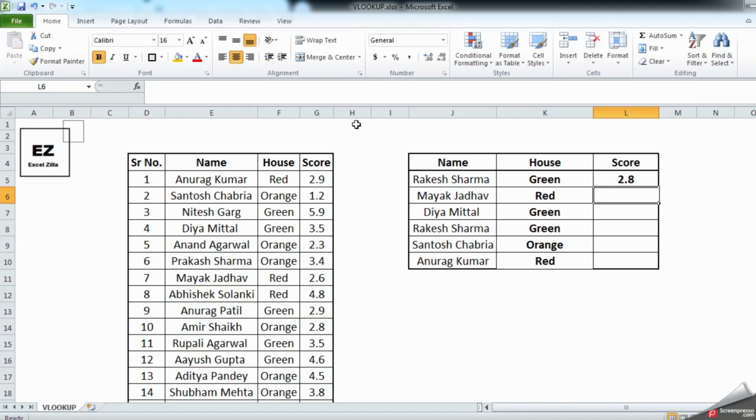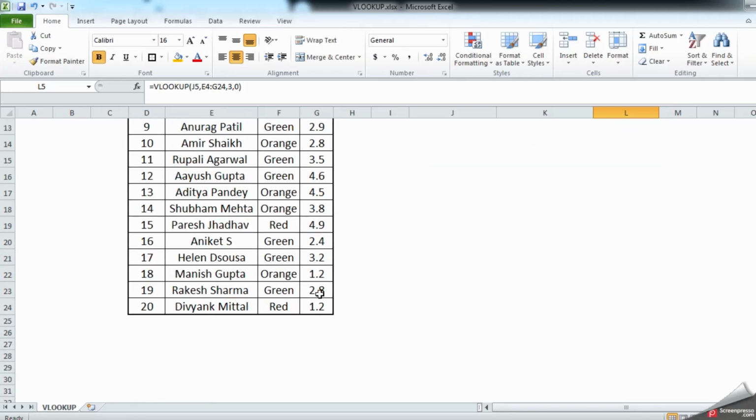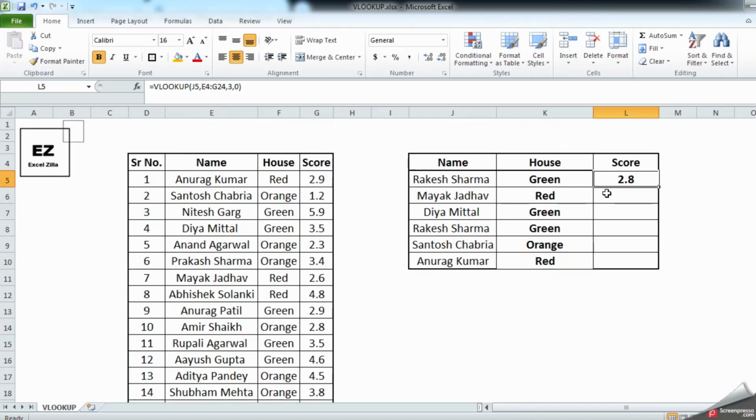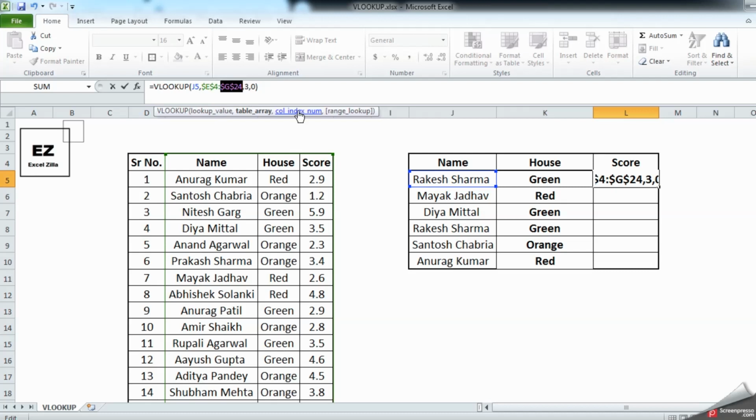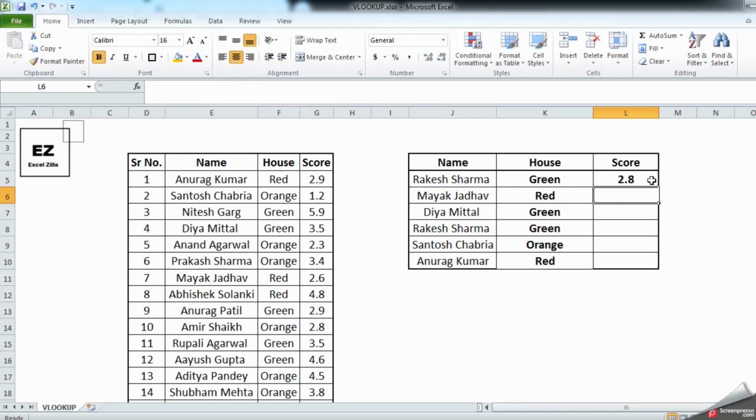So you can see Rakesh Sharma has scored 2.8. Let's see over here, Rakesh Sharma 2.8. In the same way, you can lock your range, the table array, with F4, enter, click over here, look for the plus sign and double click.